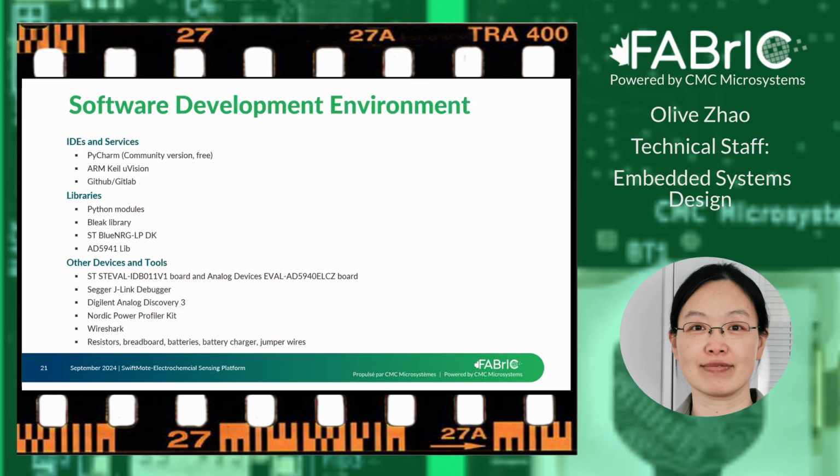So here's a list of tools and devices used during the software development. A community version of PyCharm, which is free, is used to develop the client program. ARM Keil MicroVision Edition was used for the software development on the server side. We host the code and documents on GitLab and GitHub. And there are a few libraries involved in the application. Python modules and the Bleak library are used for the client